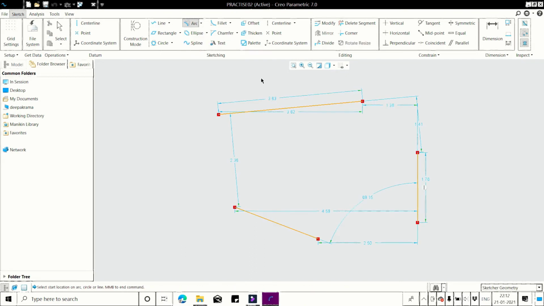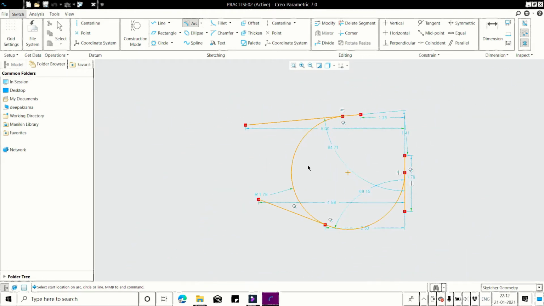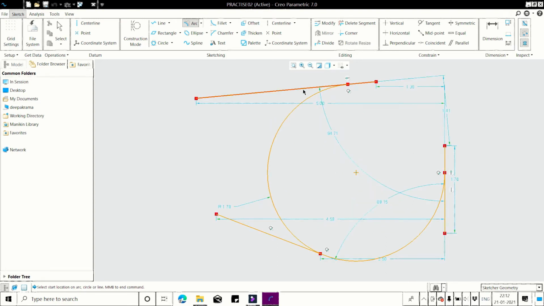Click on 3 tangent arc, click on the first line, click on the second line, click on the third line. See how your arc is created by using 3 tangent lines.